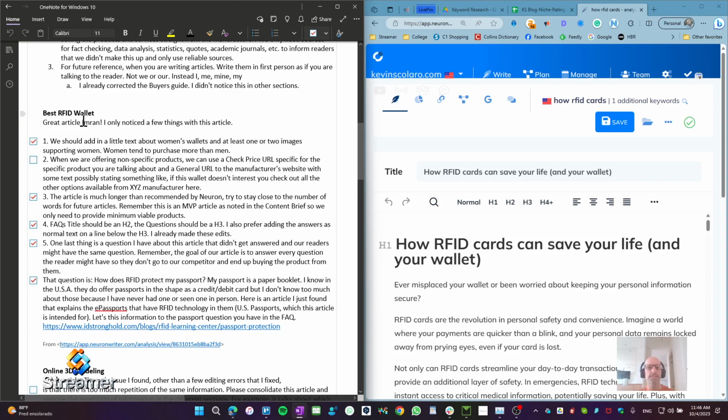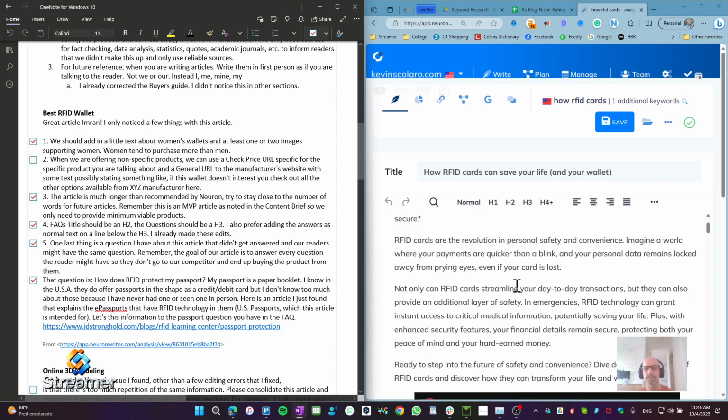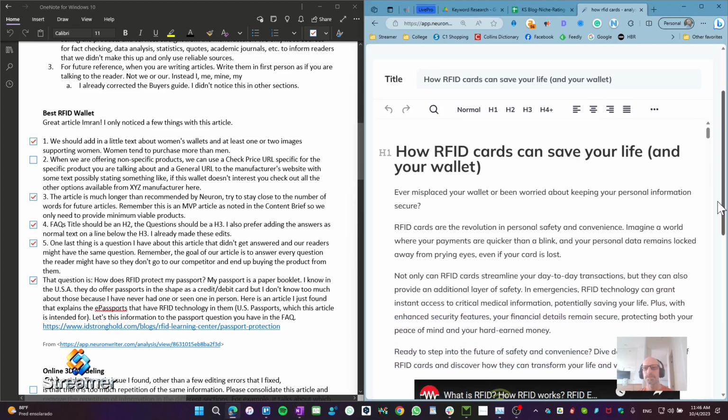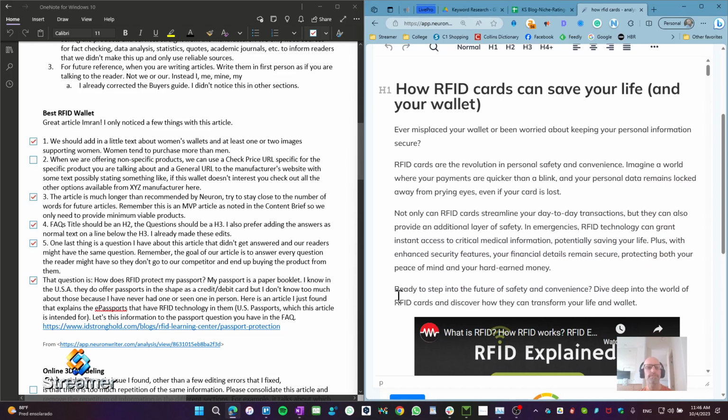So, for instance, in this case, this is a different article. It's not the same title here, but we'll just pretend this is the same article. So I'll go through and I'll make my list of edits. And again, these are just major edits. The editors and publishers will basically be doing the minor edits themselves and just creating the major edits for the writer to go back and do. So in this case, I've made my list here